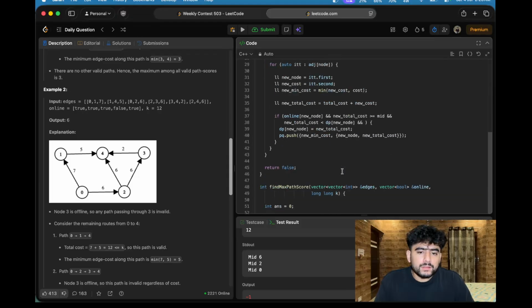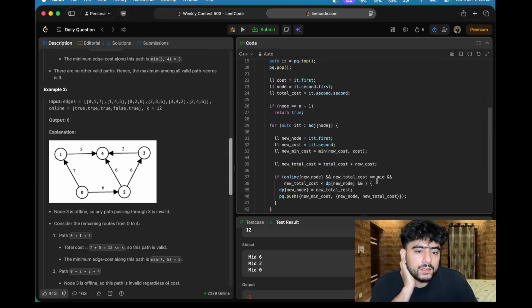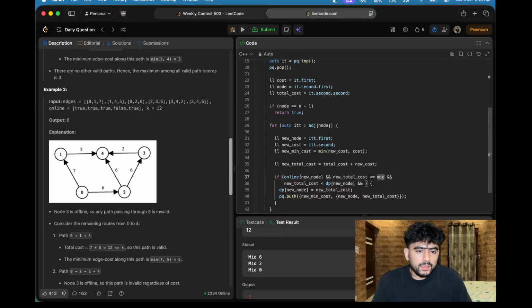So the new total cost must be less than or equal to k,